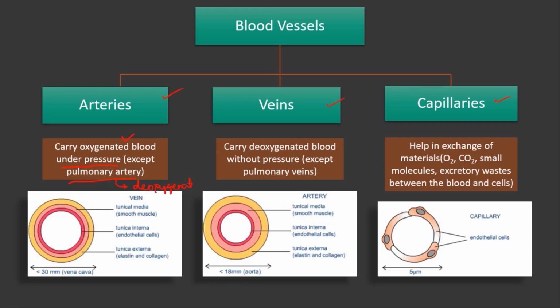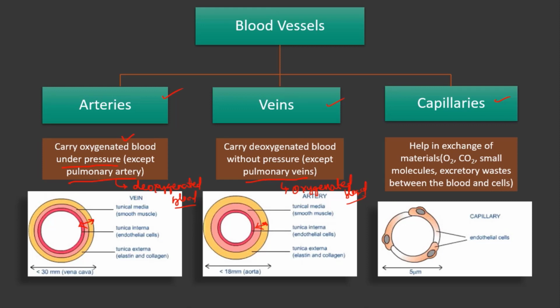they carry deoxygenated blood, right? And similarly, the veins carry deoxygenated blood without pressure, except the pulmonary vein, because the pulmonary vein, they carry oxygenated blood. Now what's happening, I'll just tell you that in a minute. Once you see the diagram, you'll understand that better. The arteries are going to have thicker walls compared to that of the veins, right? Veins have not so thick a wall, and the capillaries, anyway, they're going to help in the exchange of the materials,